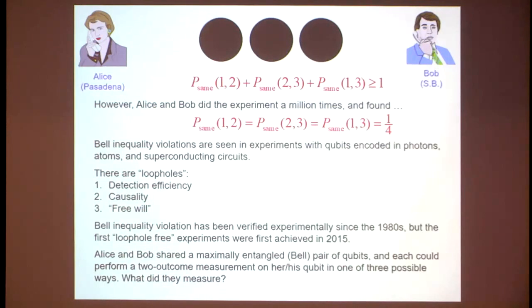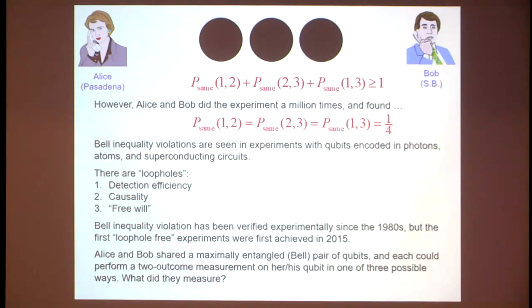And so we call that the causality loophole. In experiments done for the first time in 2015, these two loopholes were simultaneously closed by doing very high efficiency measurements on Alice's system and Bob's system, sufficiently far apart that the time to do the measurement was very short compared to the light travel time between the two laboratories. It's been done when they're about 1 kilometer apart using atoms or spins, which can be measured with extremely high